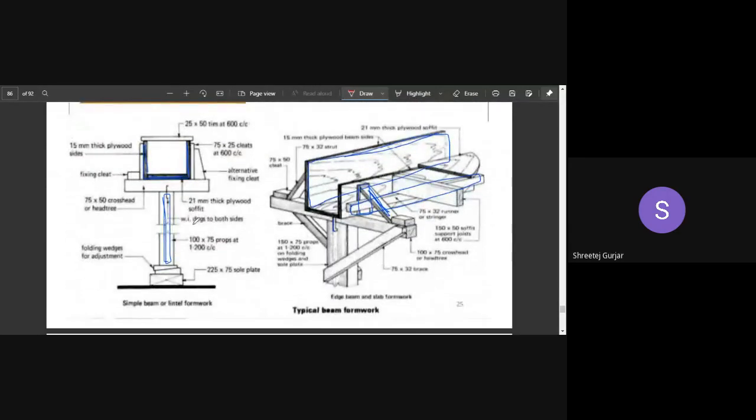Okay. Then coming to this example, you can see clearly this is one panel of timber, and this panel of timber is supported by these battens. You can see these are battens which are provided for supports, and then there are these inclined members, these struts, which are provided. This is a strut. This is also a strut which is provided for support. Then this is your vertical post or jack, or your suspended beams, which you have to provide.